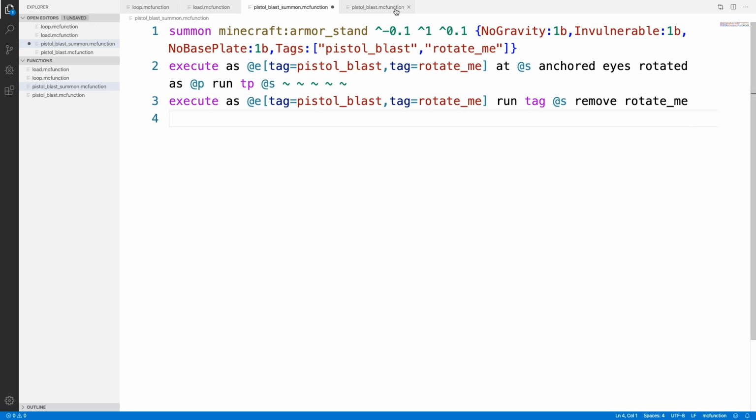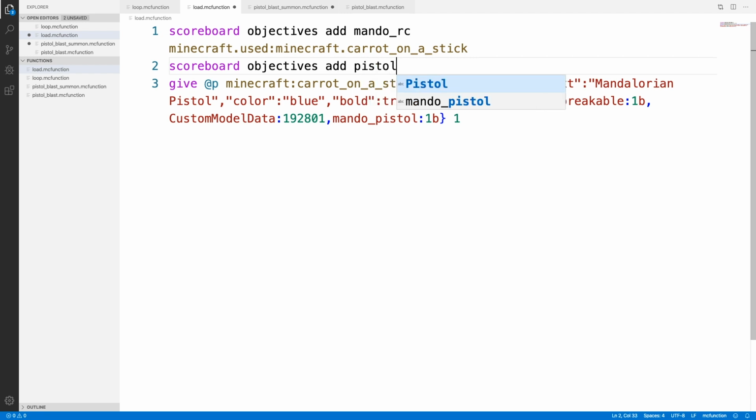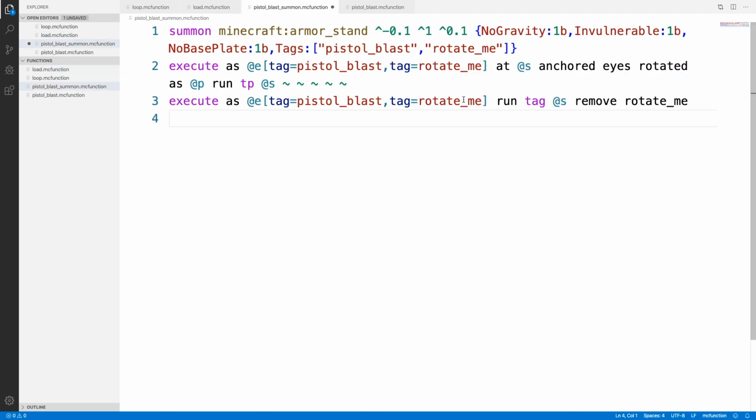create a scoreboard. So I'll first create it inside of load. So it'll be scoreboard objectives add Mando pistol cool dummy. That just means that it only changes from commands. So now I'll go over to here and I'll do scoreboard players set @s Mando pistol cool to, let's see, set it to like 5, so you could do 4 shots per second, which is what, 4 times 60, so like 240 per. That's kind of low. It doesn't matter. So I'll set it to there for now, and then